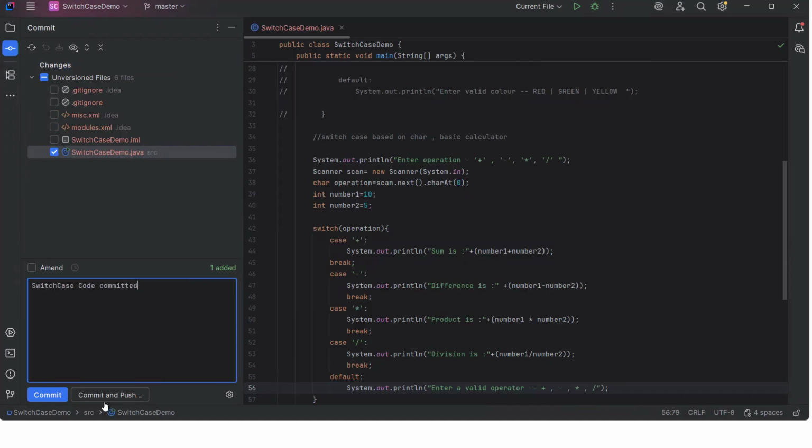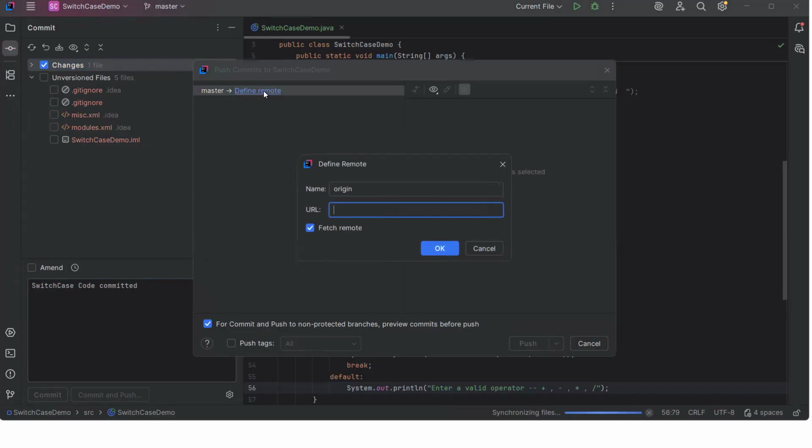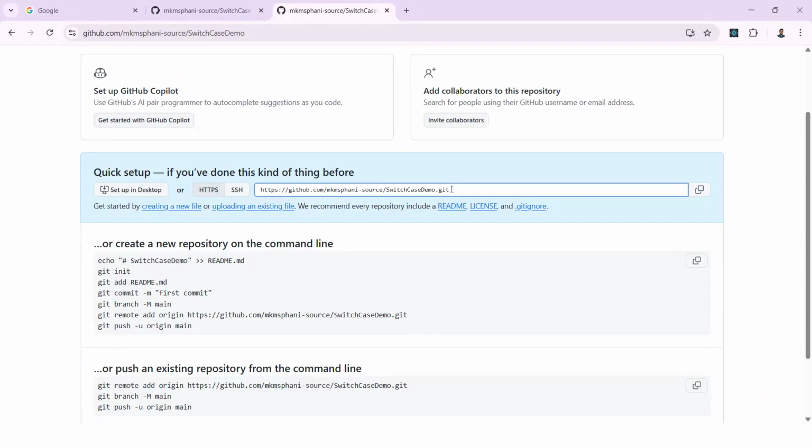Then what I will do is I'll say commit and push. So I see something is happening, commit and push. This is an important step. I need to define remote. I click on define remote. Here, what I will do is this repository link you have seen, right? This link, I'll do this link